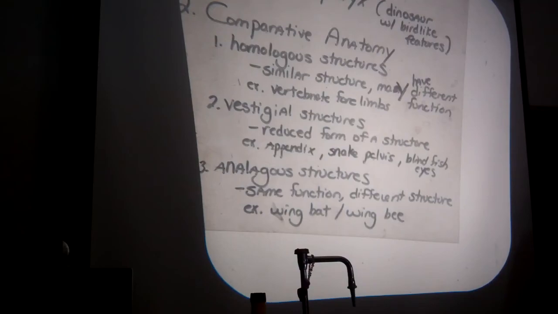All right, analogous structures. Same function, different structure. The wing of a bat and the wing of a bee. I'm going to get cut off by the bell, and that's okay. The wing of the bat and the wing of the bee. They both let that organism fly, but